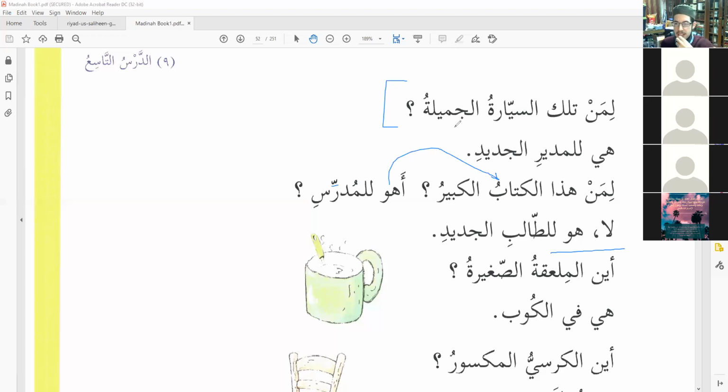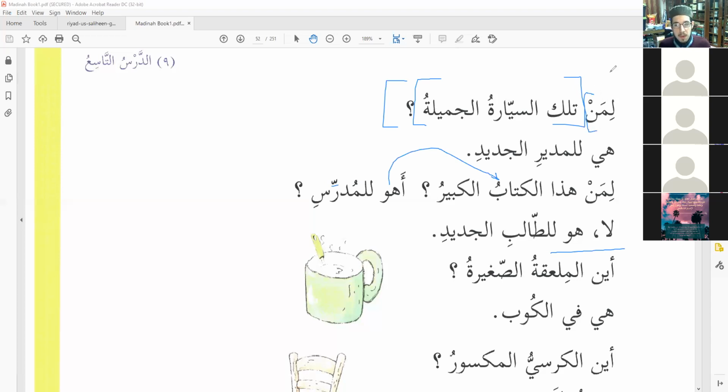That's a great guess. It's completely backwards, but it's a great guess. So how can we tell? That's the question. If we don't know, how can we tell? The way you can tell is state the answer. Use the same words of the sentence and imagine that you're not asking a question anymore, but making a statement. We would say, تلك السيارة الجميلة للمدير الجديد. In which case, all of this is the mubtada: تلك السيارة الجميلة, and liman is the khabar.